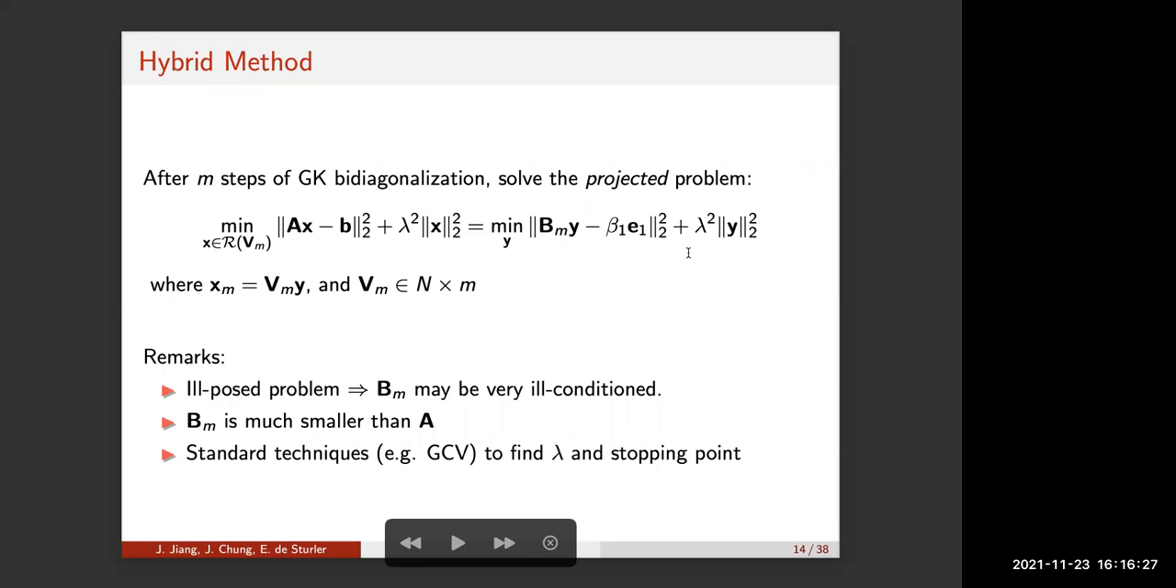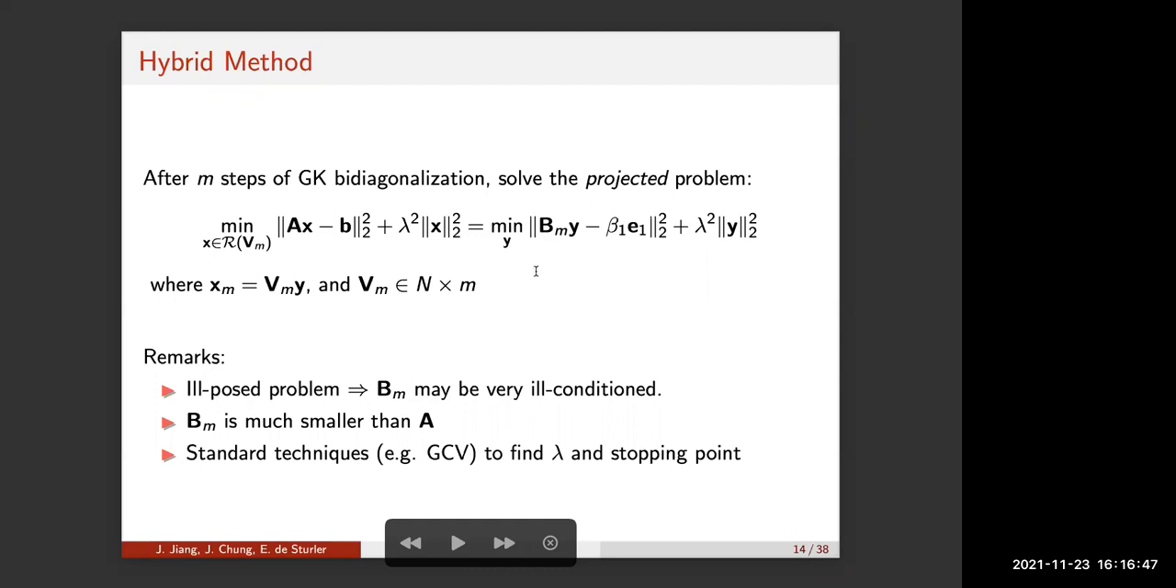And since the size of the projected problem is very small, we can use the methods we introduced, like GCV, WGCV, and UPRE, to choose an appropriate regularization parameter lambda to solve this projected problem very well. And also,